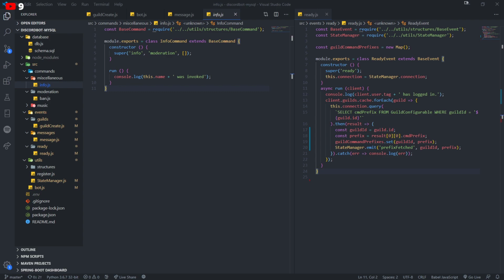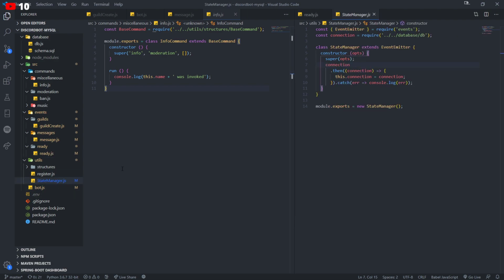And I was going to implement a queue system, and the first thing that came into my head was using an event emitter. Because we have a bunch of commands in different files, the question is, how do we make sure that all the data is together? That's what we were doing in the last episode of our MySQL Discord bot series. We used a simple event emitter to emit events across different files.